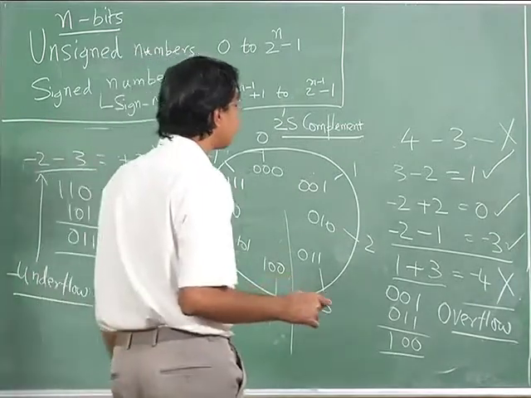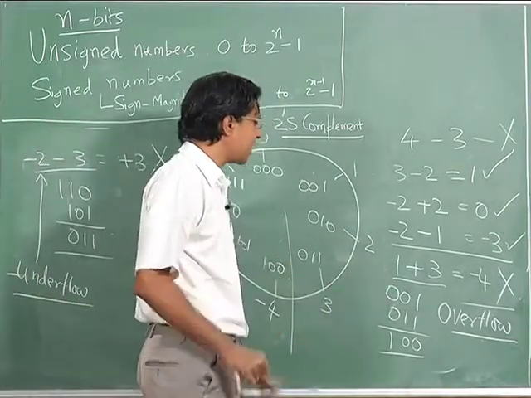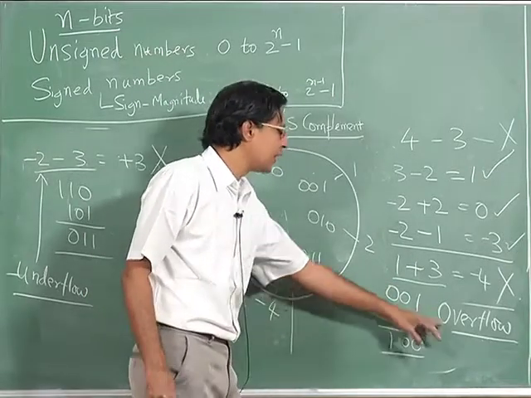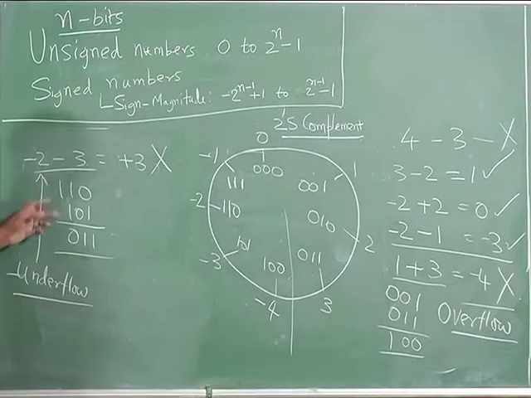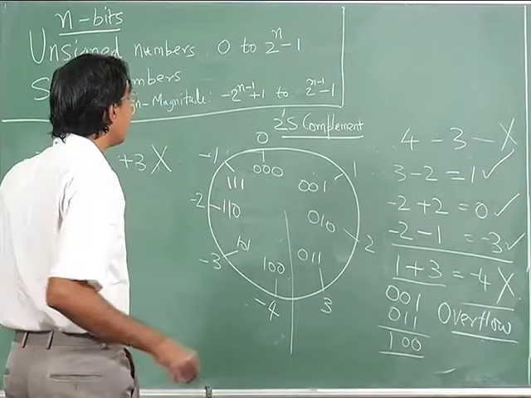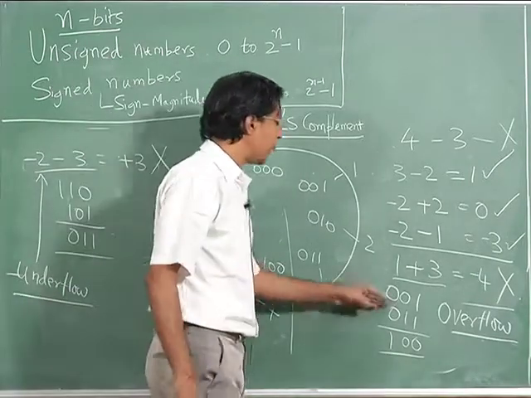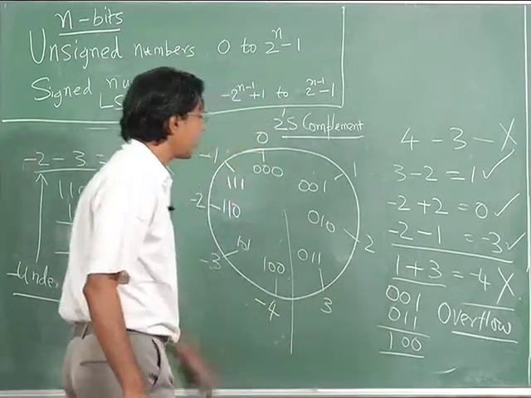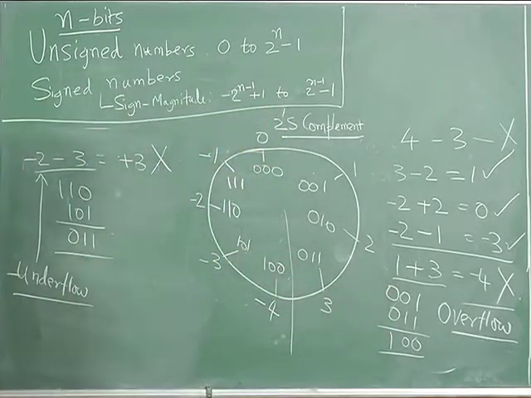Now the very easy thing for us to do in this arithmetic is, when the two numbers are positive and the answer is negative, then there is an overflow. When two numbers are negative and the answer is positive, then there is an underflow. So a simple logic with some basic sum and gates can be used to detect this particular overflow or underflow condition.